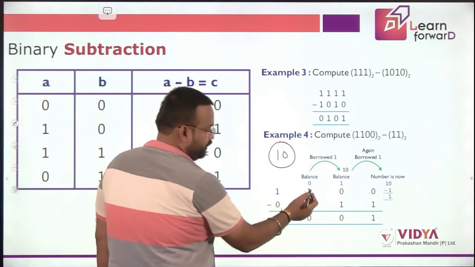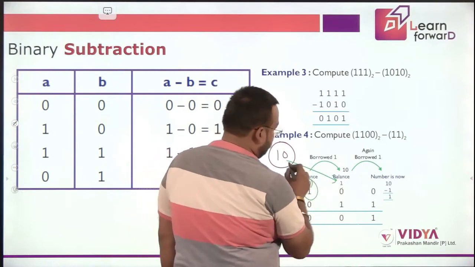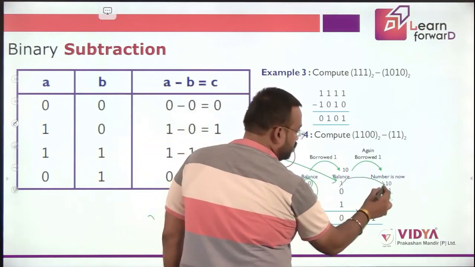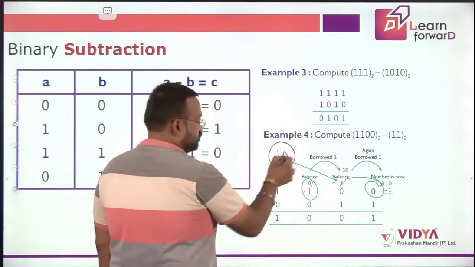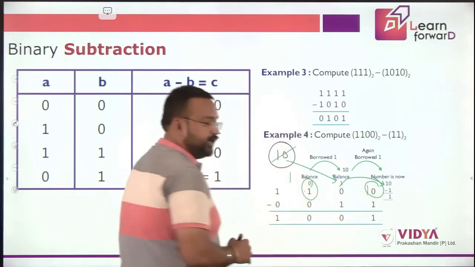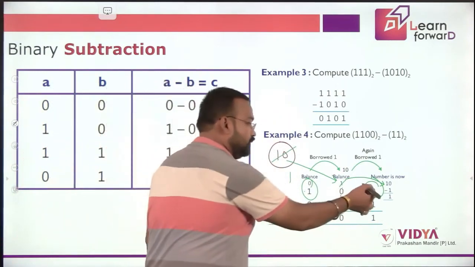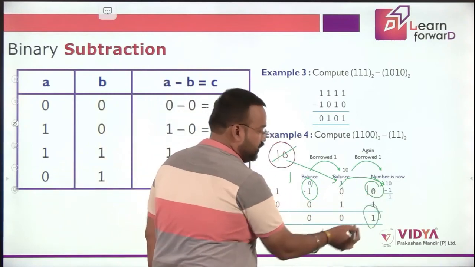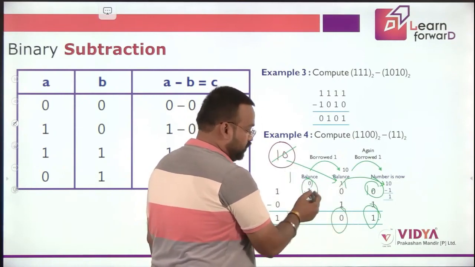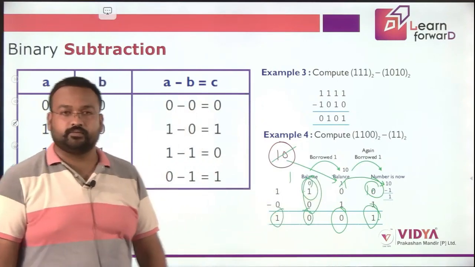So now over here, when we took the borrow from here, we have this 10. We have given 1 borrow from here to this place, so this 10 would become 1 and over here it would become 10. When we subtract from 10, it is now possible. 10 minus 1 is 1. Over here we have balance 1, so 1 minus 1 is 0. Over here we have balance 0. 0 minus 0 is 0, and it is simple, 1 minus 0 is 1. Clear?